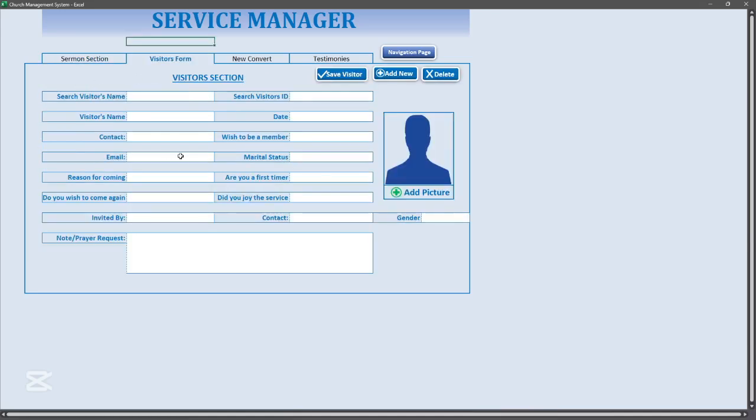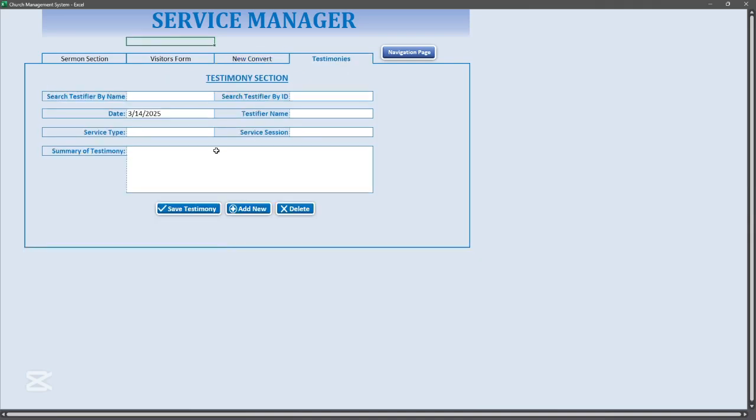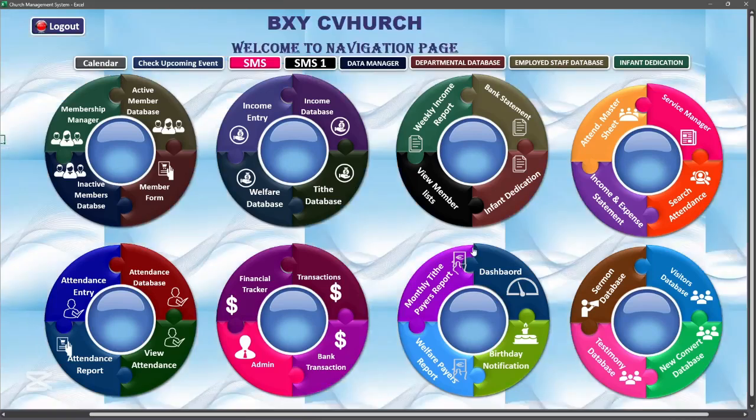This place also takes care of visitors, people that come to the church to visit. You can take their details, and then this one is for new converts, the new converts that have come to the church. The system also takes care of their information and their testimony. This is a good thing to record or keep track of all the testimonies that come to the church. And then we have